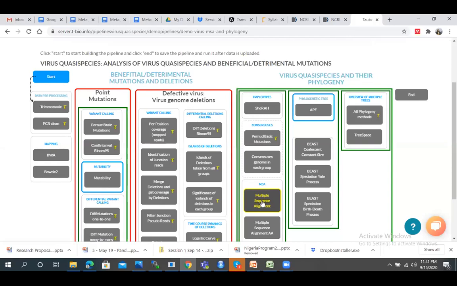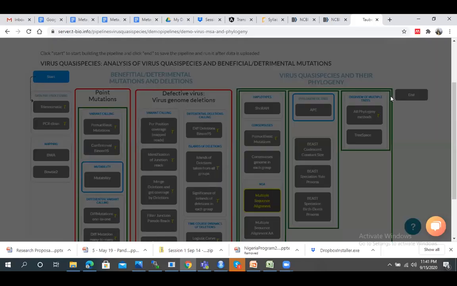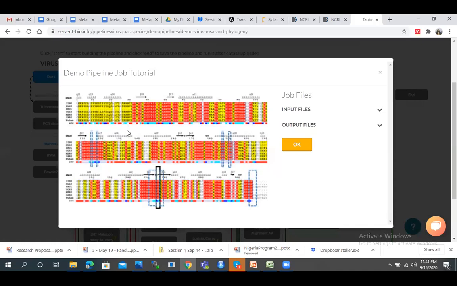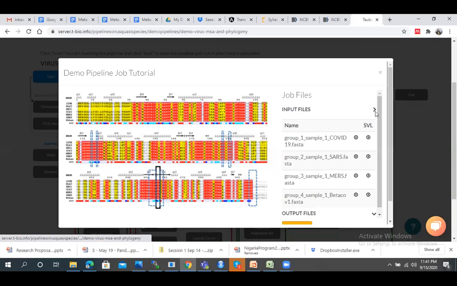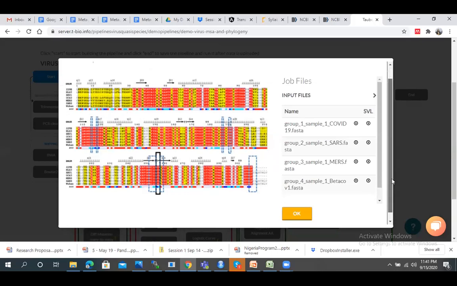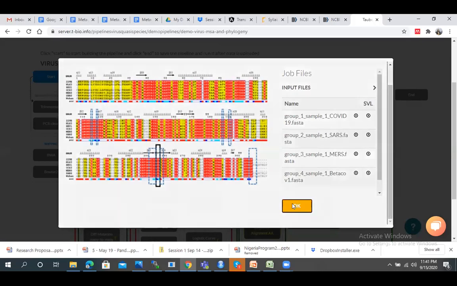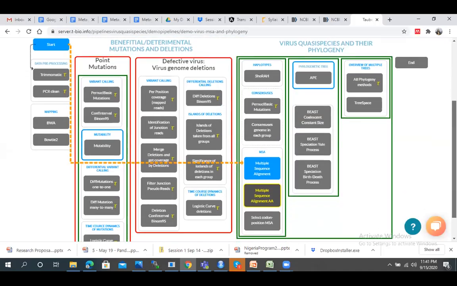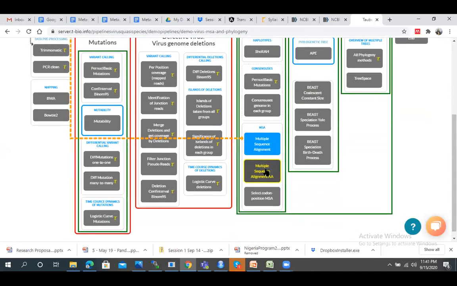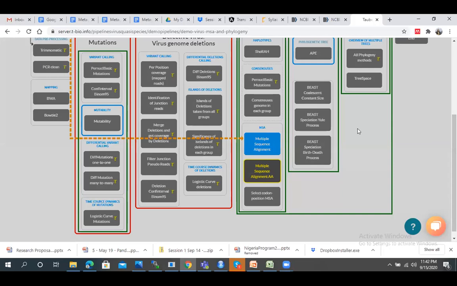So here, first of all, we have the next option that is given, that is we have to apply multiple sequence alignments. Once you switch on this option and click, various sequences get aligned, these are different files that get aligned, and then you can click on OK. Then you apply the multiple sequence alignment for amino acids.